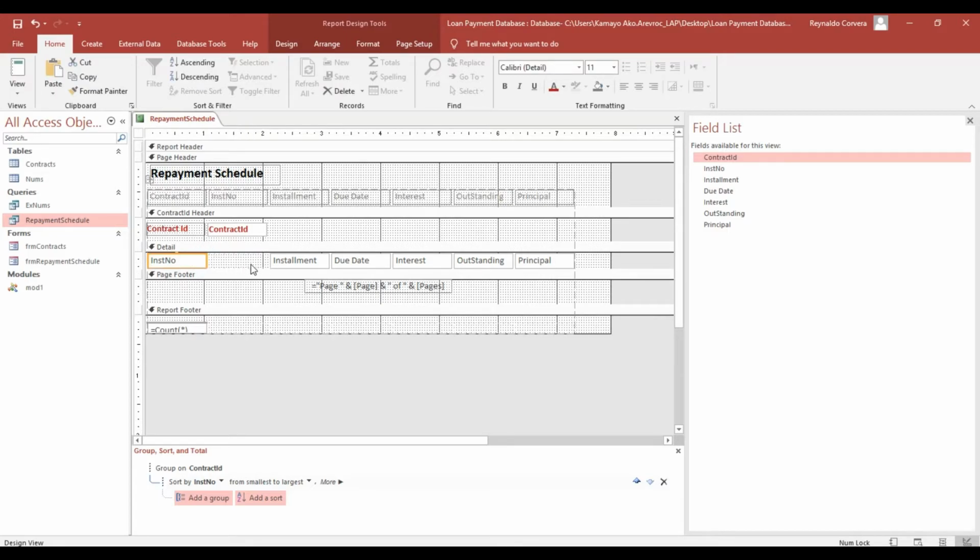I will move this one here, installment number, then due date, here due date also, then installment number, I will make it center, due date center also, then I will remove installment number, due date. So here